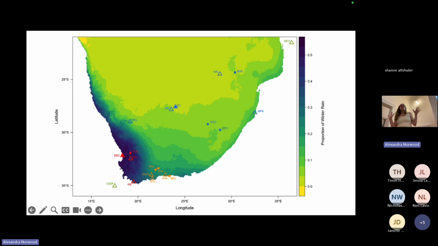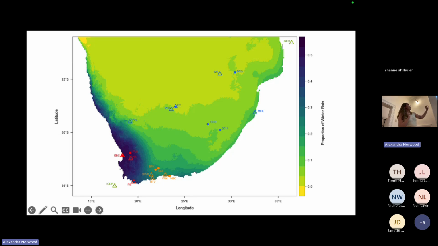So when we think about climate change in Southern Africa, it's complicated because we're not talking about one climatic regime that's changing. We're talking about multiple different systems that exist, all being affected by something like global temperatures rising, and potentially all being affected in different ways. So this is the broader framework for considering what's going on. We need to understand all of these different regions and how they're changing.